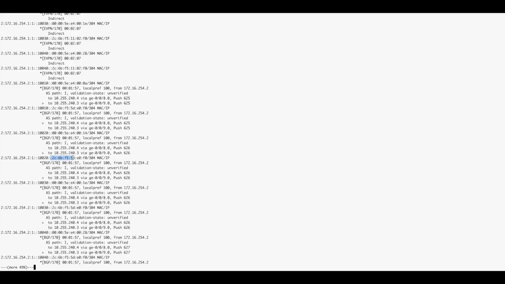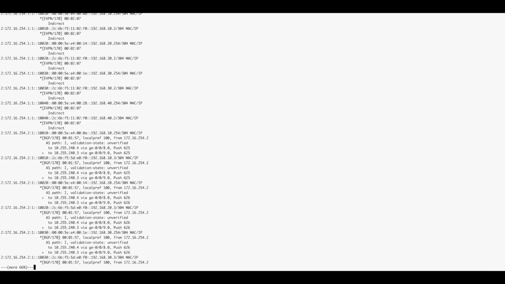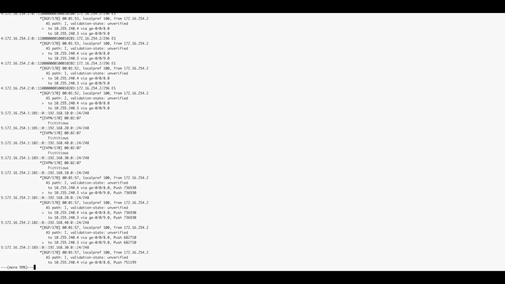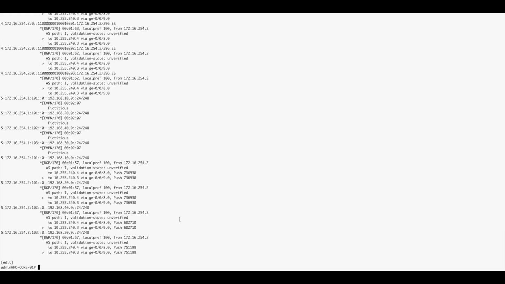Okay, now this MAC address information has been distributed or advertised by both of these switches and also the type 5 routes, even though we have not configured any routes yet, but this is just telling you that we have this type 5 route /24 that has been configured. So using this VNI ID,